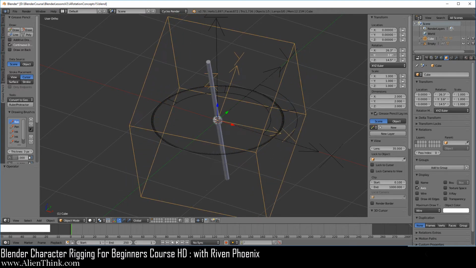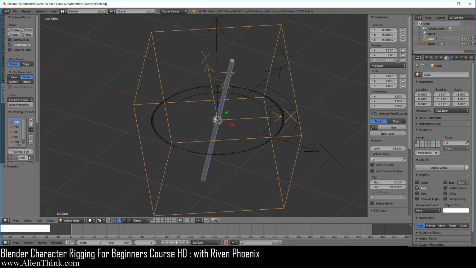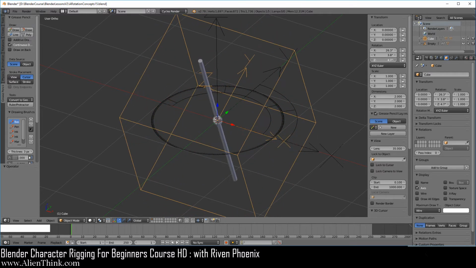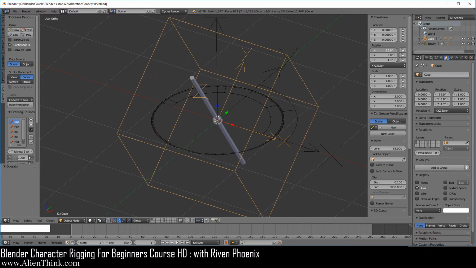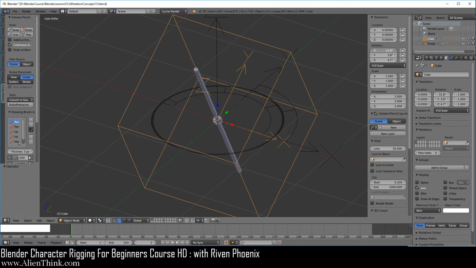It is not going to rotate on its local y-axis. Same thing is true for Z. When you rotate on the Z ring, the object is not going to rotate around its local z-axis being displayed on it. It will only do this for the X because that is the first axis, correct?